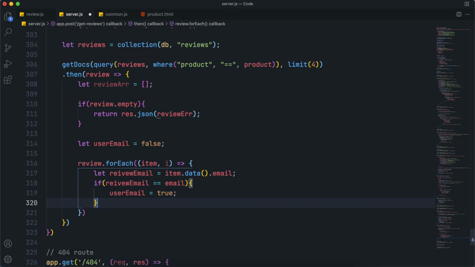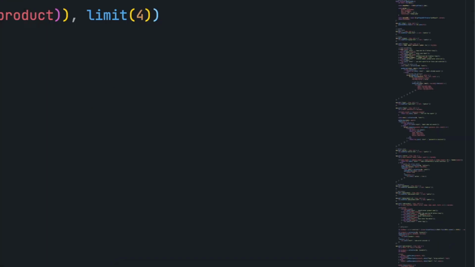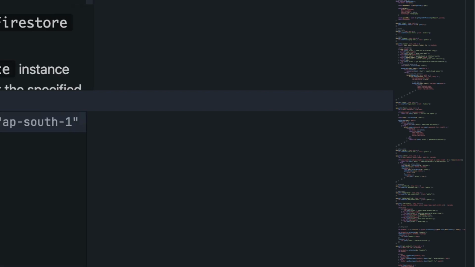So if we have a user written review, we don't have to fetch it separately. And at the very last, just push the item.data to our review array using review array.push. So it basically pushes all the reviews to the review array. At the very last, check the condition whether the user email is true or false. If it is false, which will make this condition true,